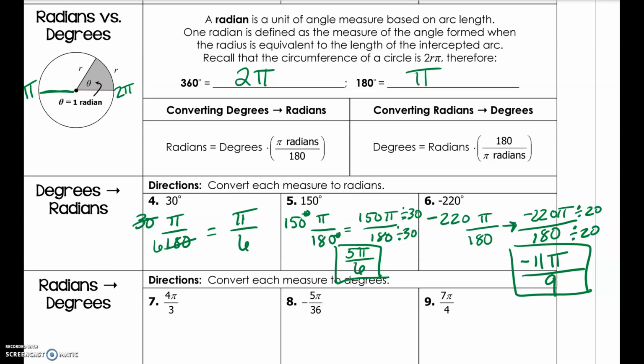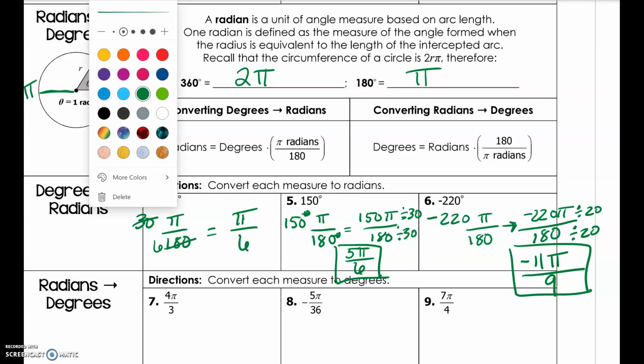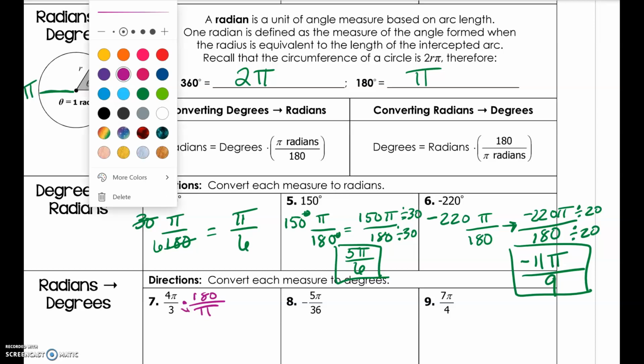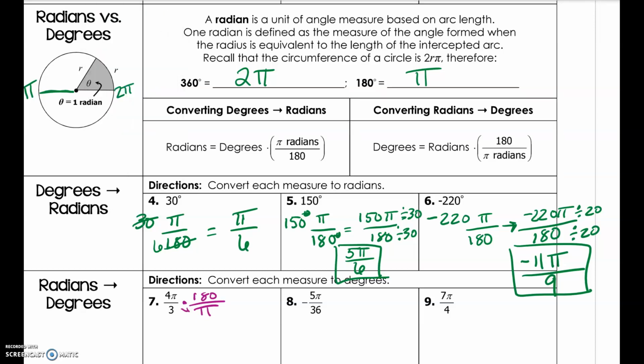Alright, so we're going to change our color, and let's go with our indigo color. Alright, so now converting from radians to degrees. This time we are going to multiply the top by 180 and the bottom by pi. Why is that? What happens when we do that? We cancel out this pi. So the pi cancels out, and then we're left with 4 times 180